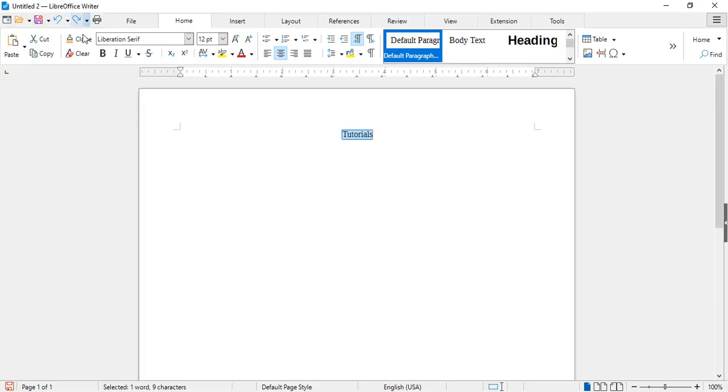And that's it. You've successfully transformed LibreOffice to look more like MS Office. This setup can make your transition smoother, especially if you're accustomed to the Microsoft environment. Remember, while the appearance is now similar, LibreOffice comes with its own unique features and strengths, so take some time to explore and get familiar with what it has to offer. By following these simple steps, you can enjoy the familiarity of MS Office while benefiting from the flexibility and open